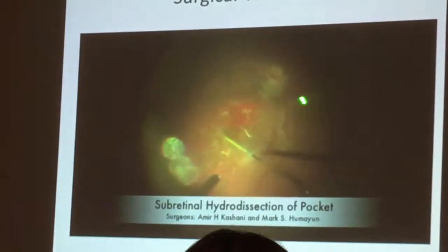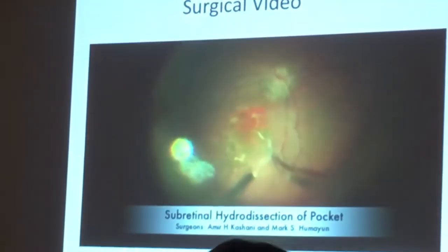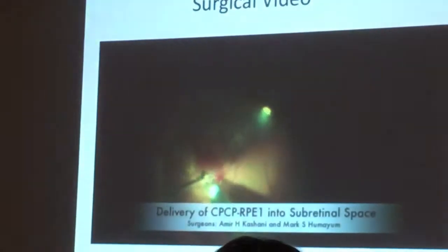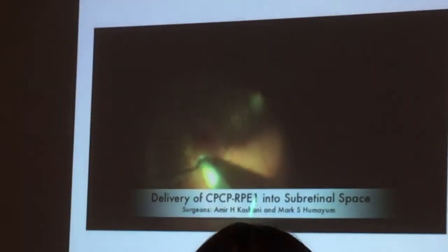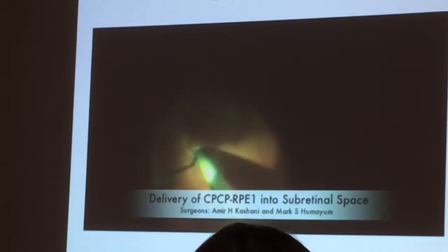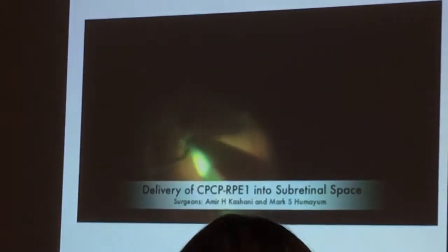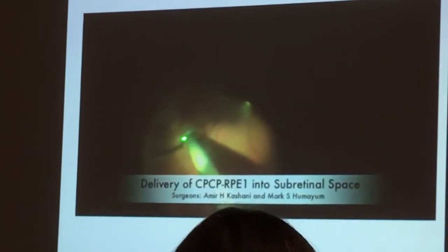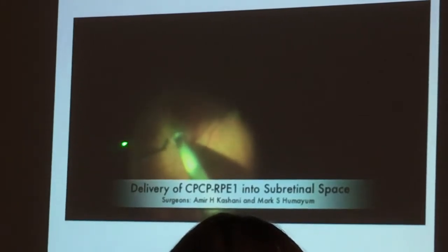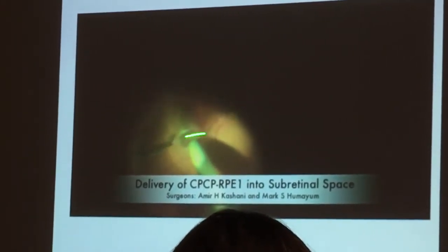So a lot of people worry about hydrodissecting the atrophic retina. You have to use a special cannula there with hydrodissecting it. It does take some time. Here's that special forceps. Now we're in the eye. We've hydrodissected it. And you can see we have a small retinotomy here. And you're able to unfold this. And this is Amir Kashani unfolding this